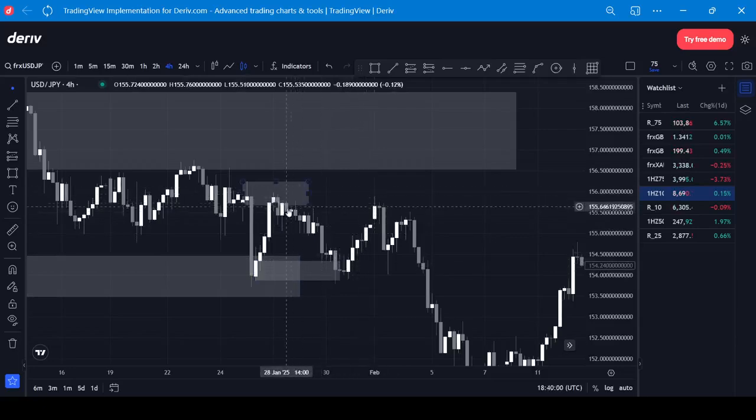up to this supply level. Don't forget, the price moved down rapidly. It shows that this place is a supply level. So anytime price goes to that level, so let me use